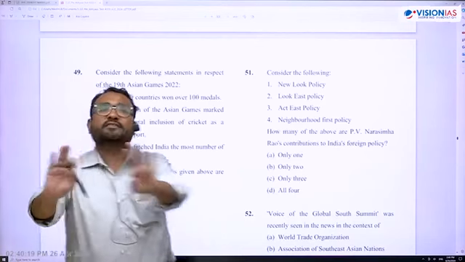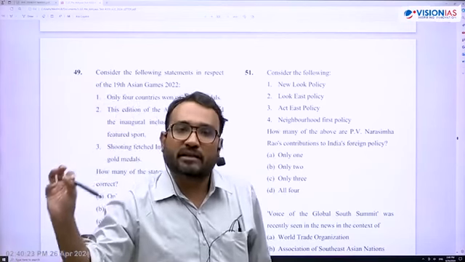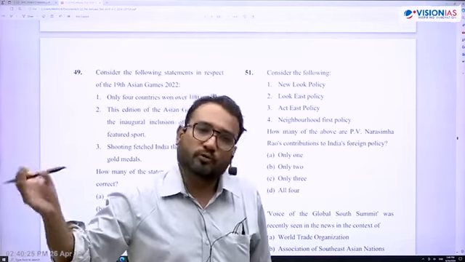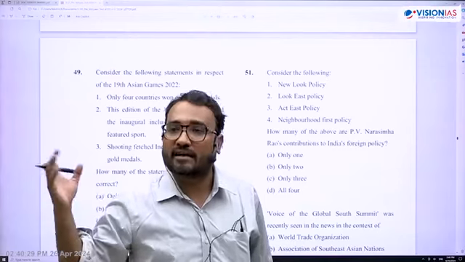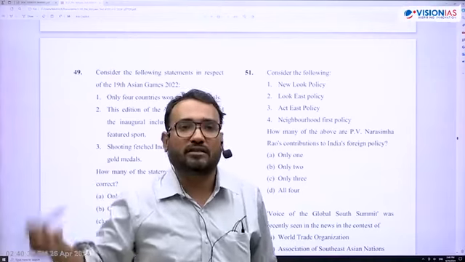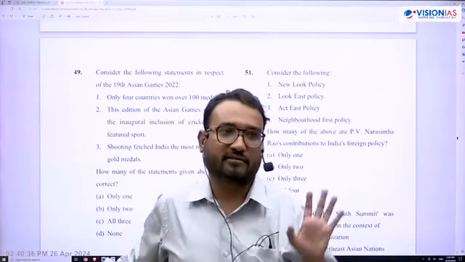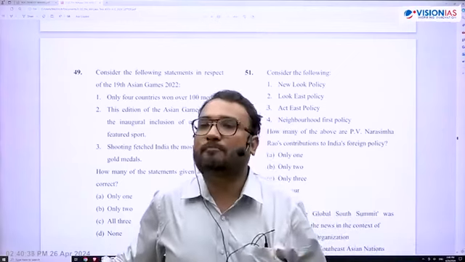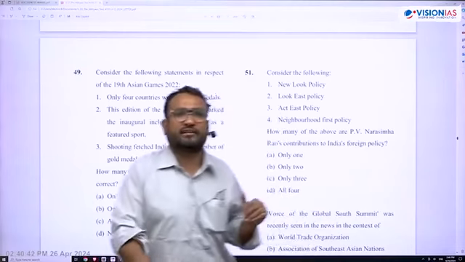Neighborhood first policy is simple. We will exhibit magnanimity towards our neighbors and not expect something in reciprocity. We will exhibit magnanimity towards our neighbors, bada dil rakhna, but we will not expect something in reciprocity as long as their land is not used for anti-India activity. So that is neighborhood. Priority will be given to neighborhood, and that is reflected by Prime Minister calling the SAARC neighbors in